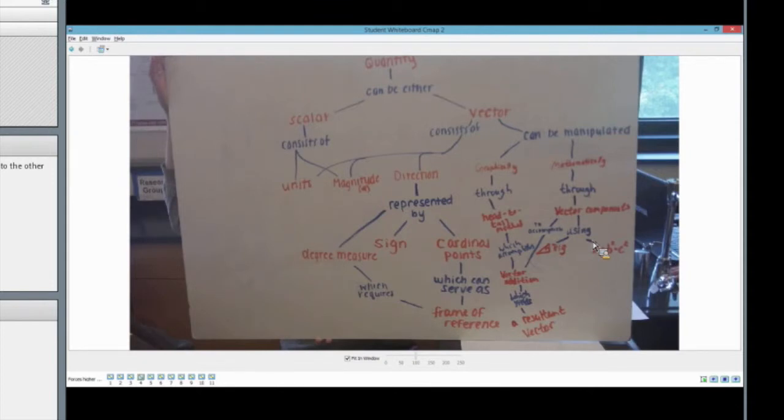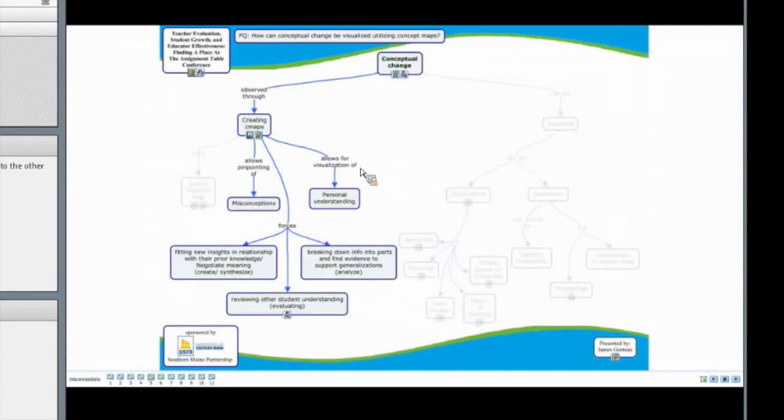So let's see here, right? When I'm going around also, I'm looking for misconceptions, right? Statements that might be false, right? They're really red glaring ones on there sometimes. And it gives me a chance to talk with the students, right? I don't have to ask 20 questions to find out what they understand. They're giving it to me, presented in a visual format, that I can then go in and almost poke their brain, needle them on points,